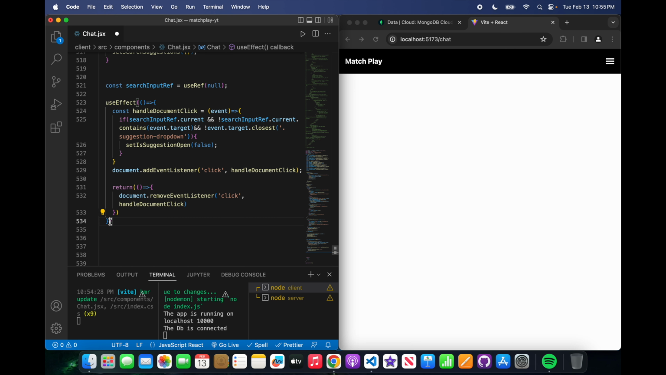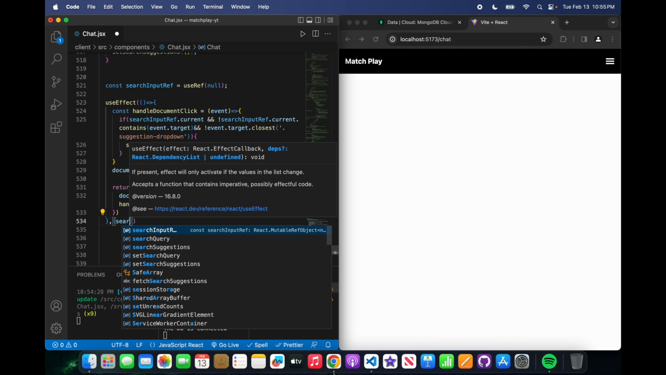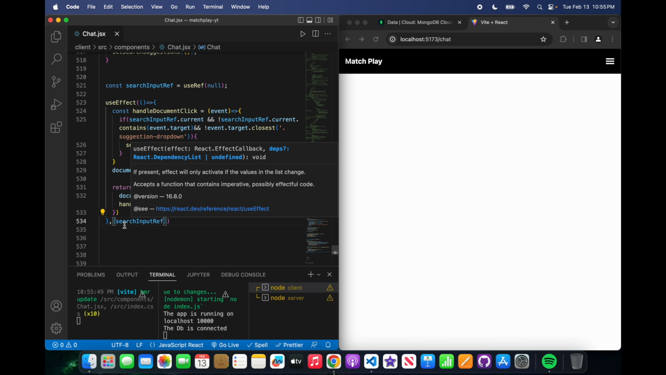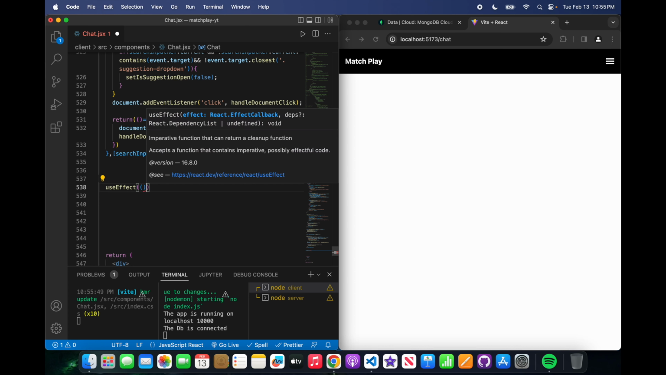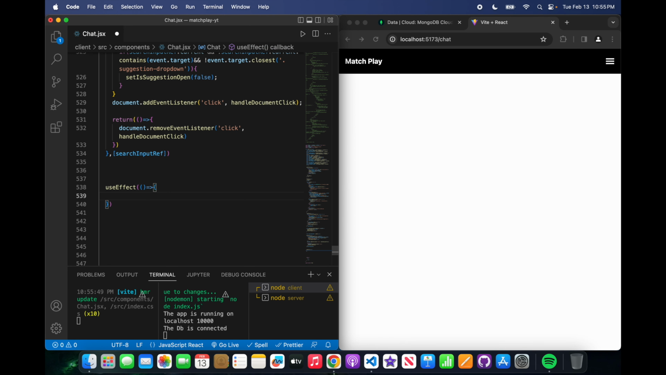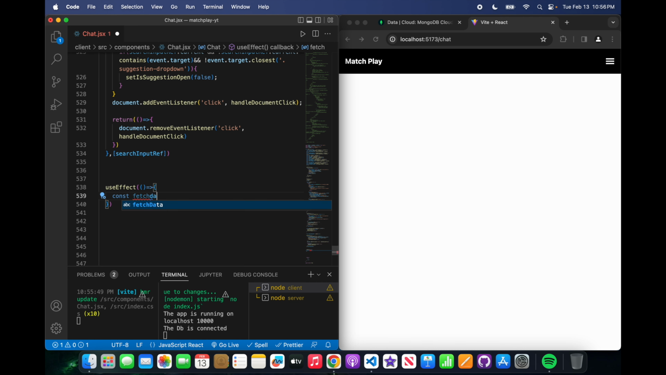There we go. And this is gonna have search input ref. Cool. So now we have a couple more left. We're gonna say useEffect, and here is how we fetch the data for our offline users. So we already got it for our online, so this is going to be for our offline users. So we're going to say fetchData is equal to async,